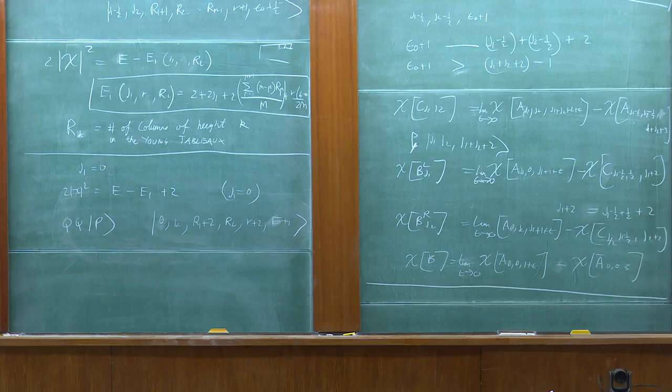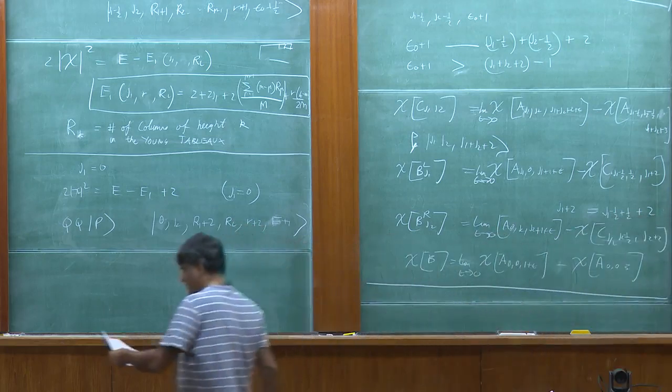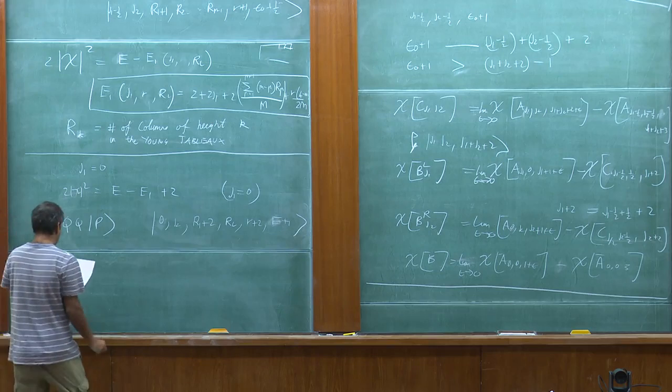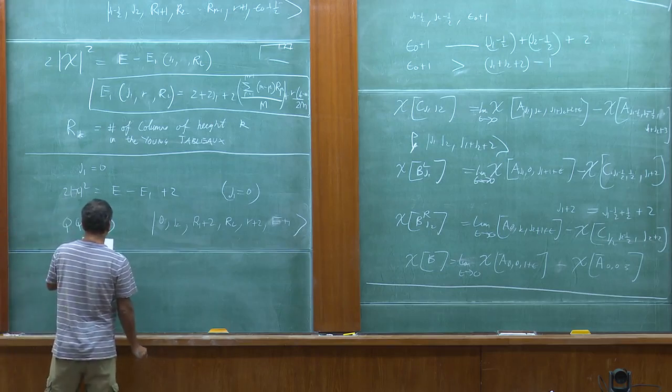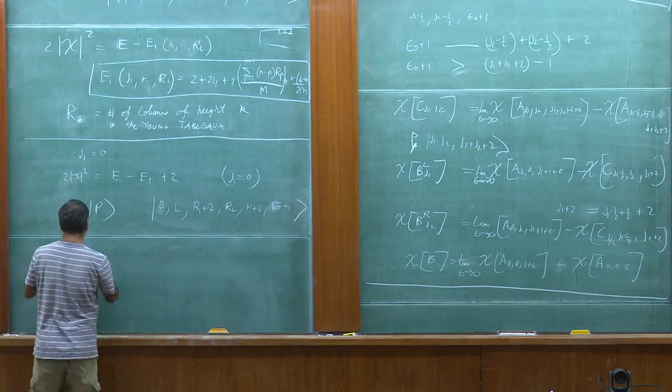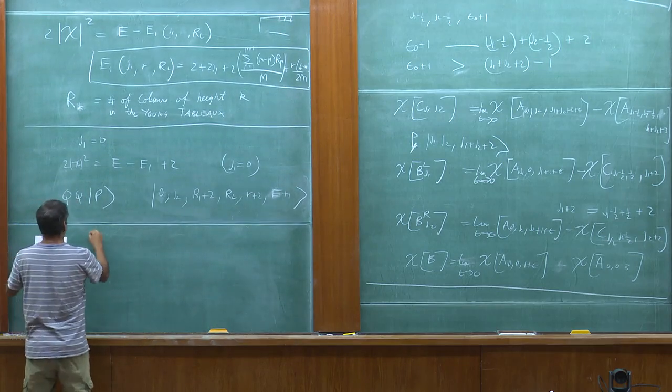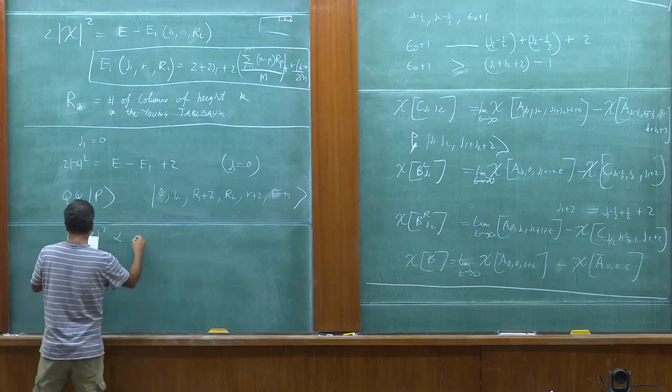This is very intuitive, right? Because you see, Q, the first time it acts, has to raise J1 by 1. But we know that it likes to lower. So the next time it acts, it lowers J1 by 1. It likes to raise the R symmetry charges as much as it can, so it raises R1 by 2. J2 is not in the game and E is raised by 1. So this is the primary state that gives you the new condition at level 2, and in this case we get that the norm is proportional to